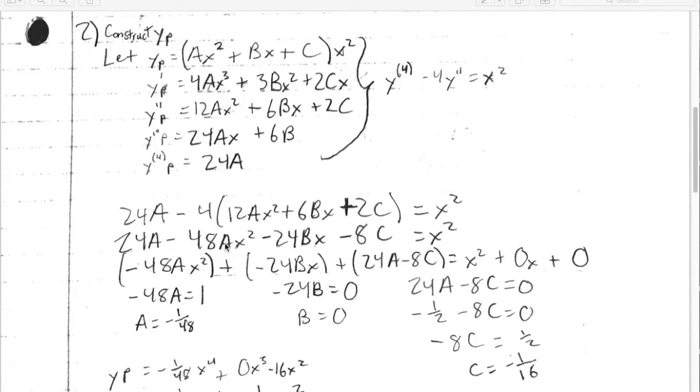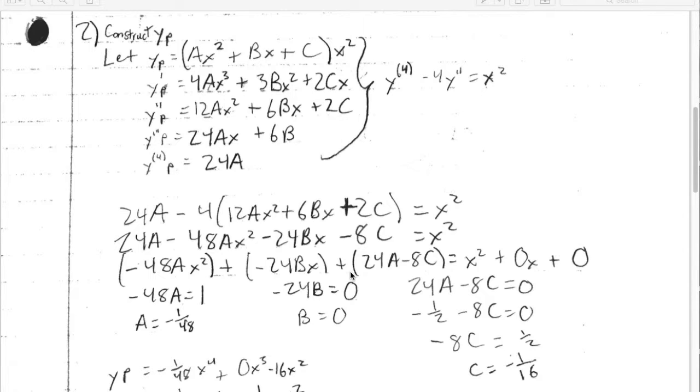Once we factor the 4 into the things in parentheses and then separate it by their power of x, we get negative 48a x squared plus negative 24bx plus 24a minus 8c equals x squared plus 0x plus 0. The 0x plus 0 doesn't mean anything other than it helps us separate